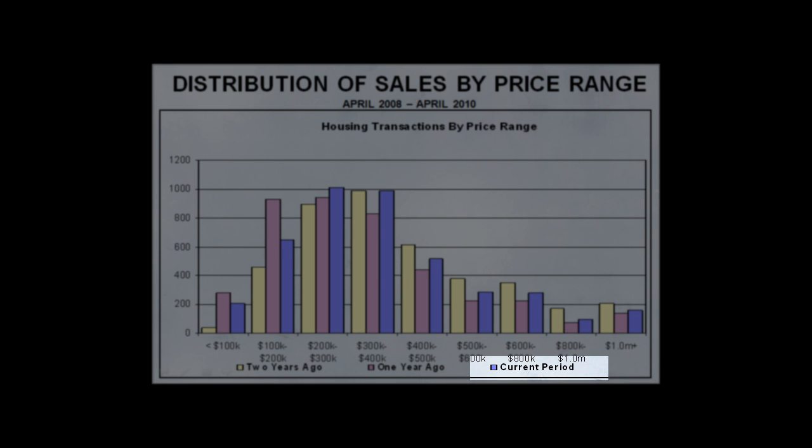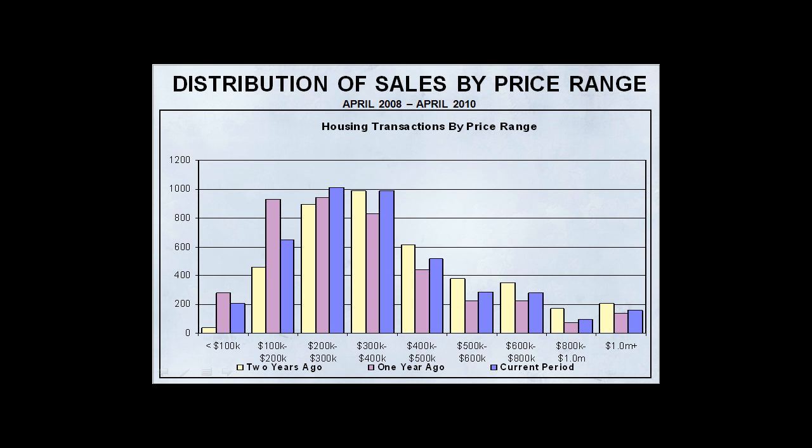As the market disruption progressed, you can see quite a bit of volume come out of the higher price ranges in the yellow bars of 2 years ago and migrate down a classification or two into lower price ranges in the pink for 2009. But when we come forward to 2010, you can see increases over 2009 data on the 4 to 500, 500 to 600, 600 to 800, all the way up to